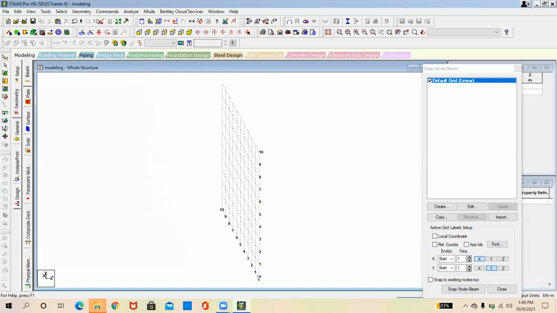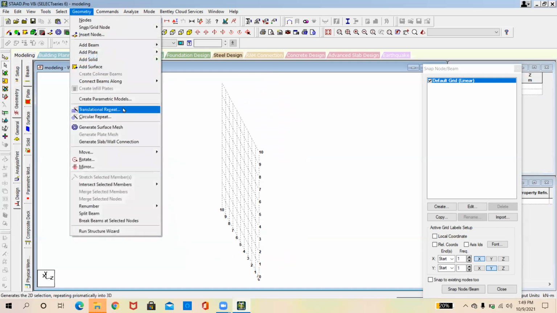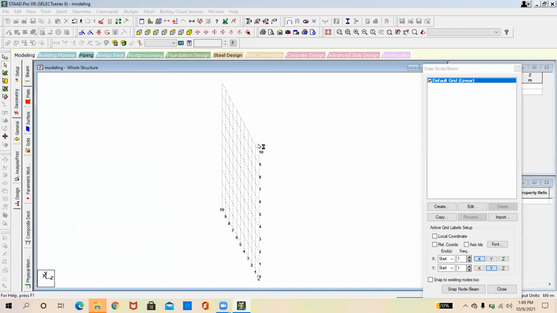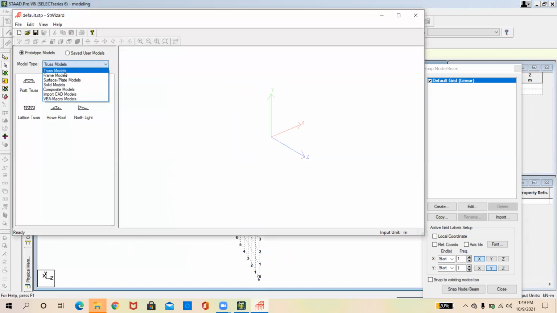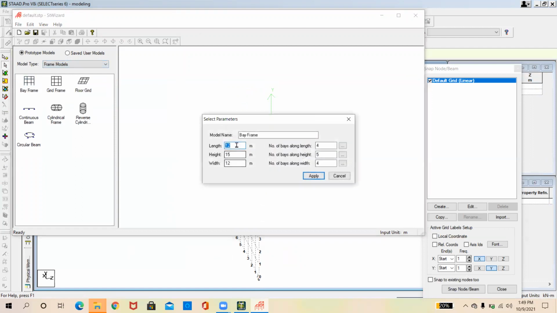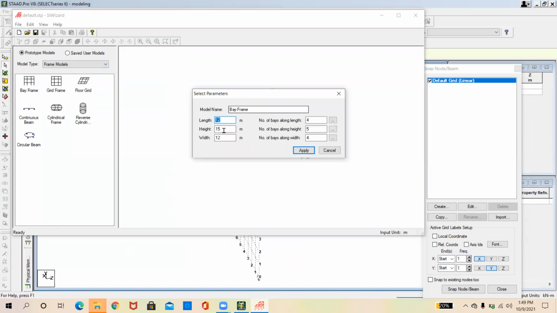So if I want to construct this structure at a time, I'm going to geometry, run structure wizard, and go to the frame model and space frames. And here I want to give the length of the entire building, the height of the building and then the width of the building.